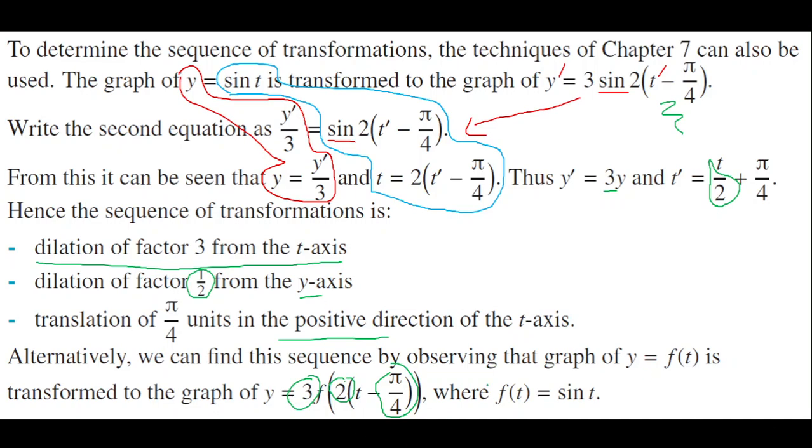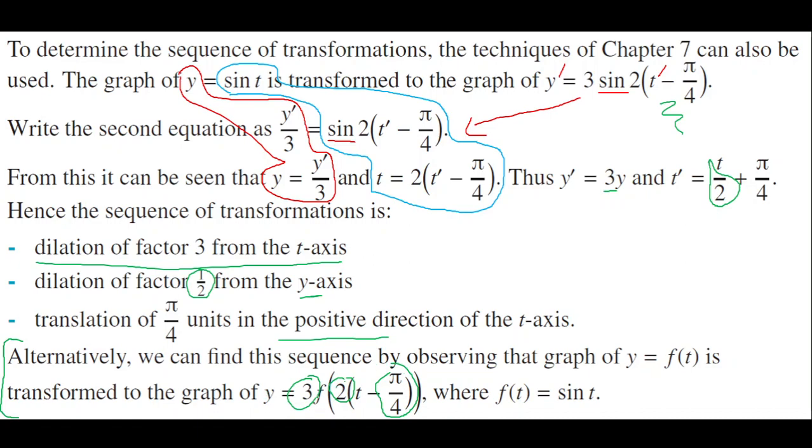So with that last one, the alternative, sorry, it's not linked to the example, it's actually just a rewriting for a general function. We're going to call f our sine, and you will be able to do that with cos as well. And we have our original f of t, and we have the transform